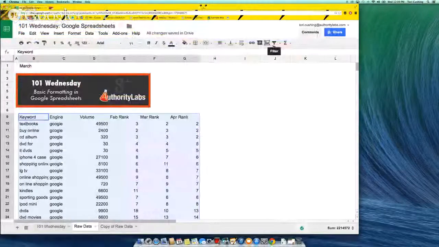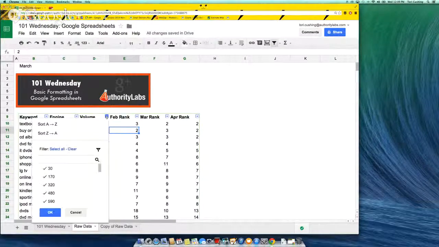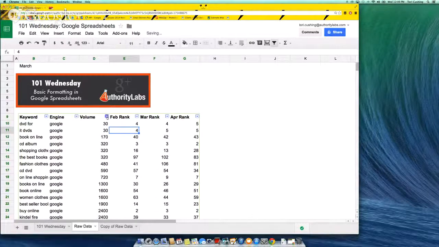So in the filter option in the toolbar, you can just select this little filter icon and it'll filter your data for you. So it adds in these little options that you have. You can filter a whole bunch of different options throughout here. What I'm going to do is go to the volume and sort A to Z. So that's kind of confusing because it's not that intuitive. What it basically means is sort greatest to smallest, or smallest to largest. So I'm going to sort A to Z